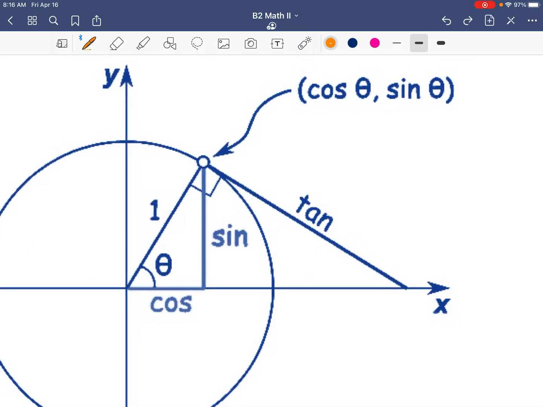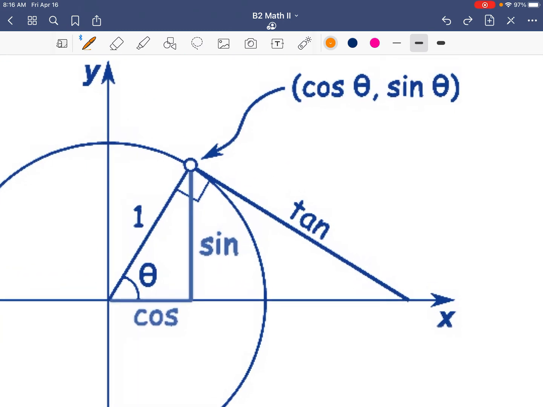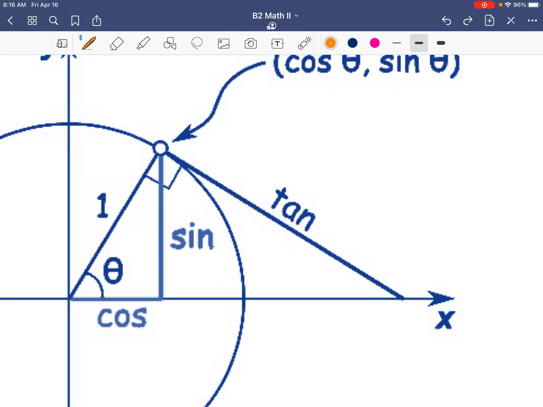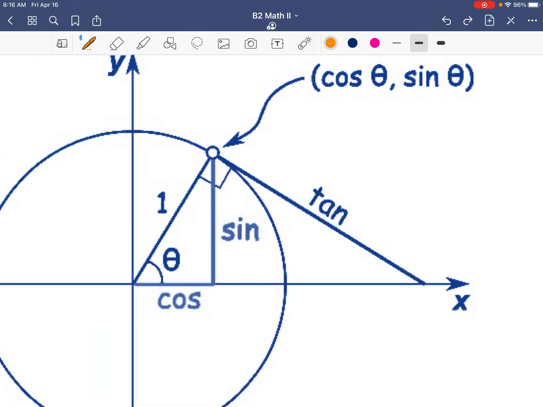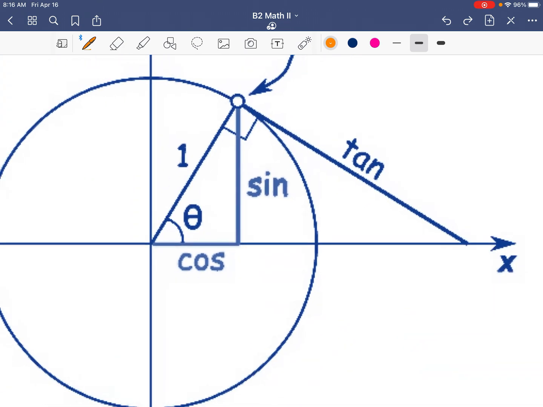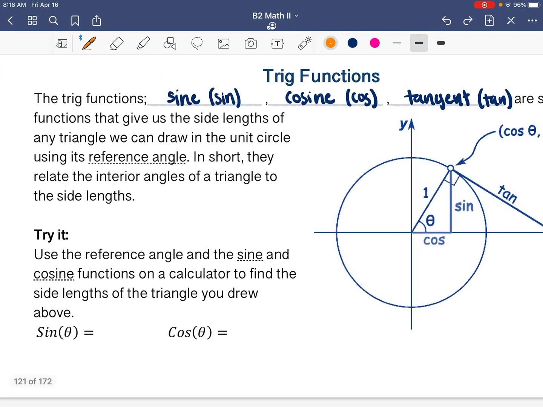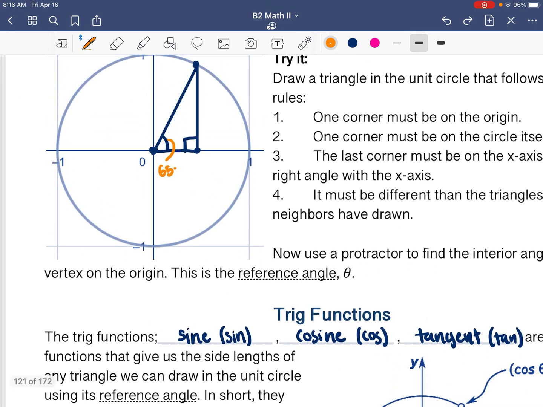We'll talk about tangent in a minute, but tangent is also related. It creates this second triangle with another right angle right there, where we can then find the hypotenuse of a triangle using tangent, because on this hypotenuse it's just always 1. So we'll talk about that when we do actual problems here. But what we're going to try here is we're going to use this reference angle and